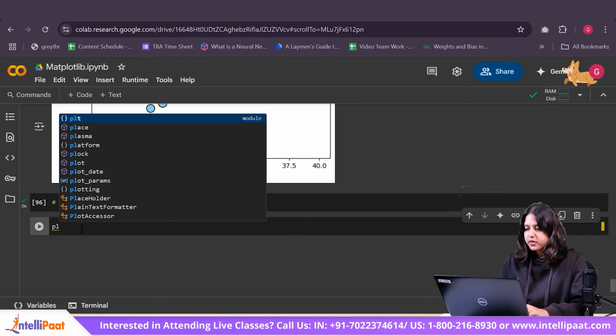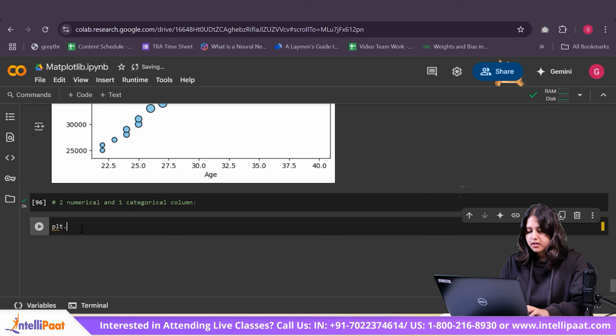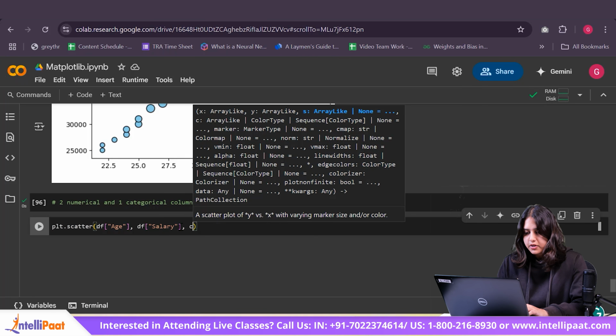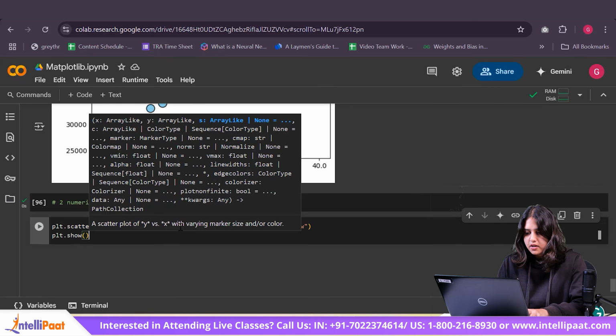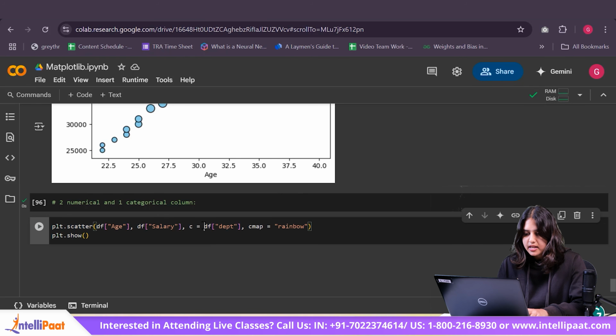So what I'm going to do is say plt.scatter and pass my age column, my salary column, and I want my colors to be of the different departments, that is df department. And I'm going to say I want the colors of a rainbow, so I want different colors in a rainbow. Or if I didn't want rainbow, I'm going to show you guys how I can customize the colors in my own way.